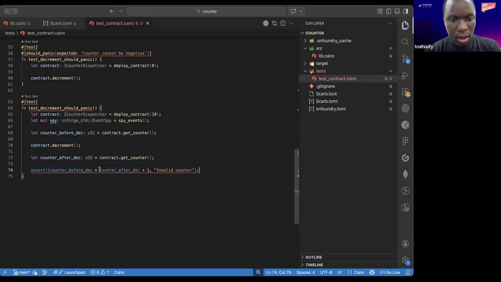Right? Yeah, this should be double. So this is 10. This value here should be 10. And when we decrement, this would make it what? Counter is now equal to 10 minus 1. And then we are expecting this to be 9. You understand? So 10 should be equal to 9 plus 1, right? Yeah, 10. It should be equal to